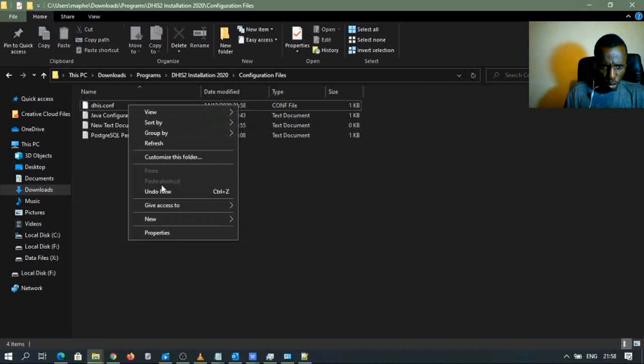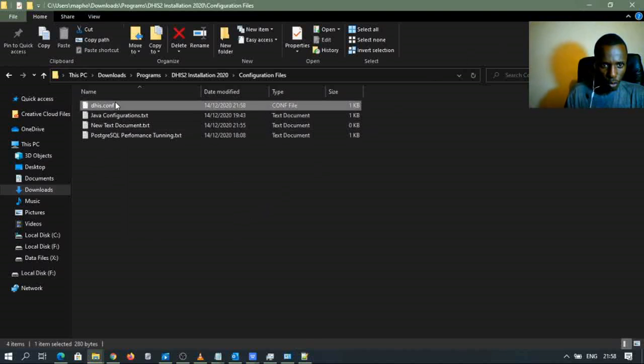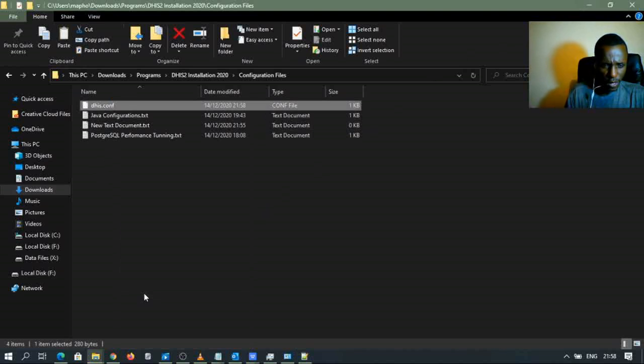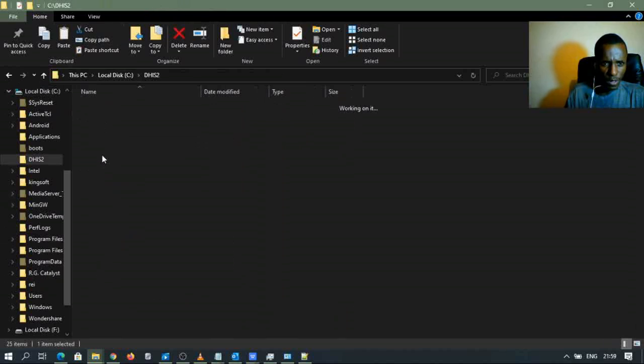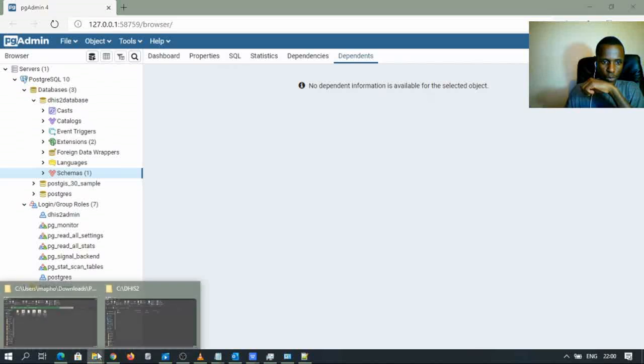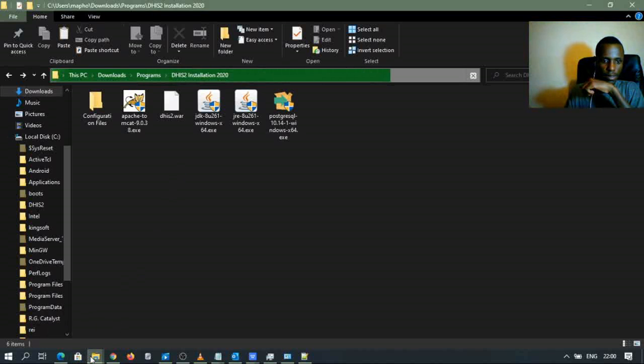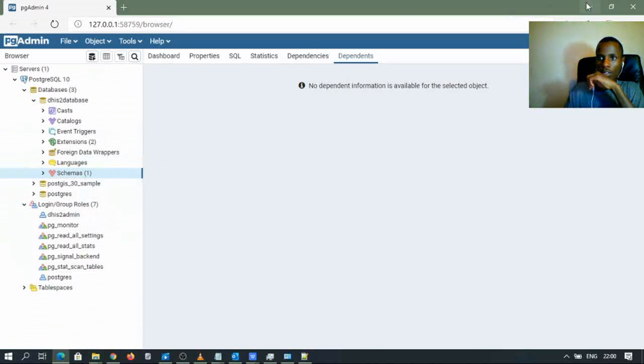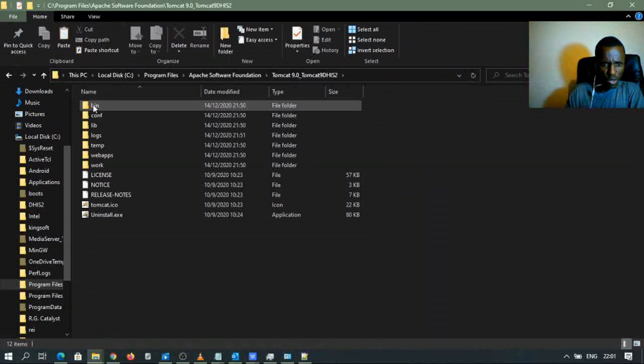Then this file, you need to copy it. You need to copy this file to the directory folder that we have created inside C. Come here to our DHIS, then we paste this config file here. So basically what we are saying is this is the configuration file that we will be talking to our database here. So after that, we come to where